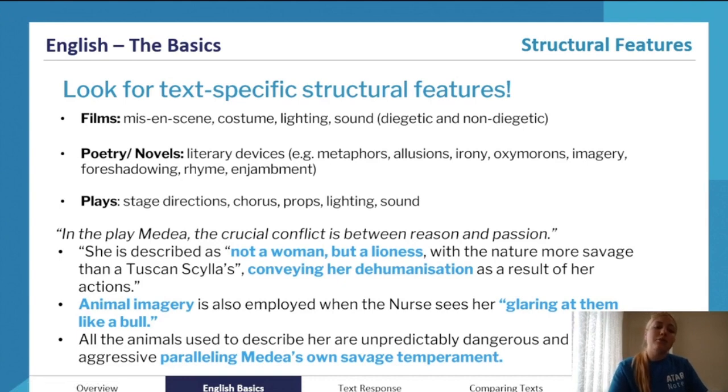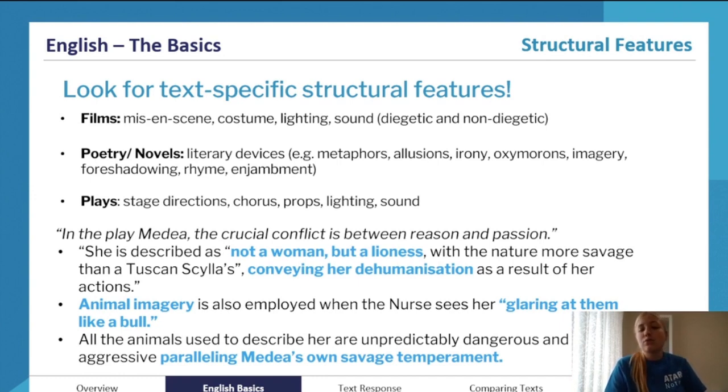So, for example, for films, we see things like mise en scène, the composition overall of the scene, costume, lighting, sound. For instance, diegetic sound is the sounds that the characters themselves can hear. They're actually supposed to be in their environment. And non-diegetic sound is the sounds that only the audience of the film can hear. So that would be, for example, a soundtrack playing over a certain scene. The characters can't hear that, but that's used for us to create some sort of effect upon the audience. So you can see more for plays and novels, and there are really tons. So try to plan and find these in your text.